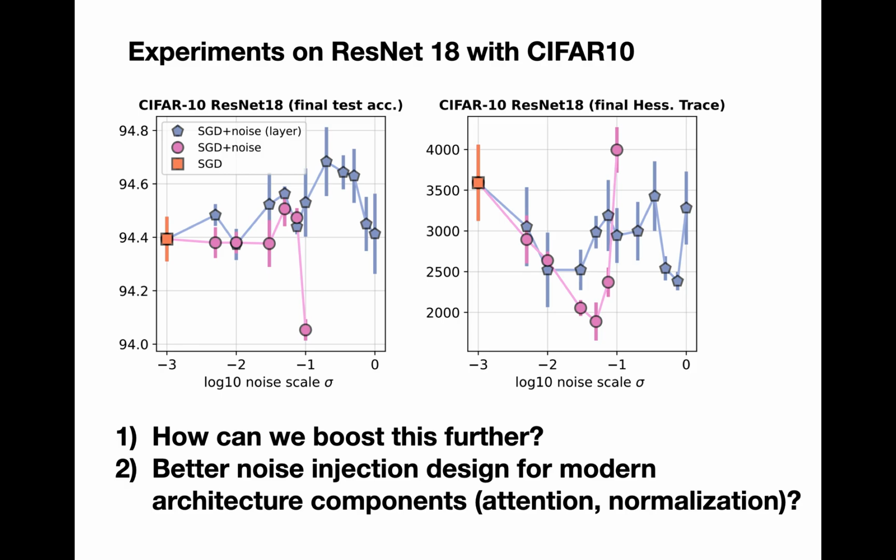However, the boost we get for deep networks with something like normalization layers or skip connections is actually quite minor. It is promising, but we hope that further insights or further work can improve this. And we are working actively towards making this method scalable and to make it work with new architectural components such as